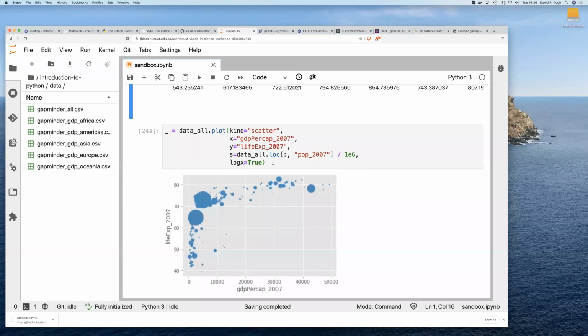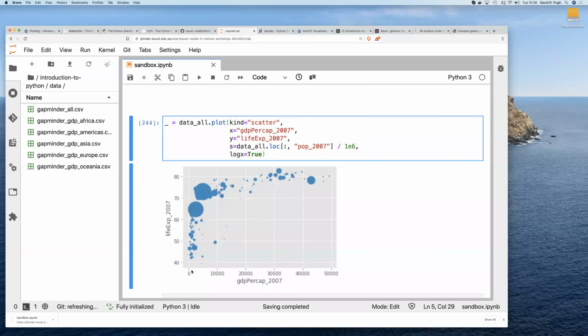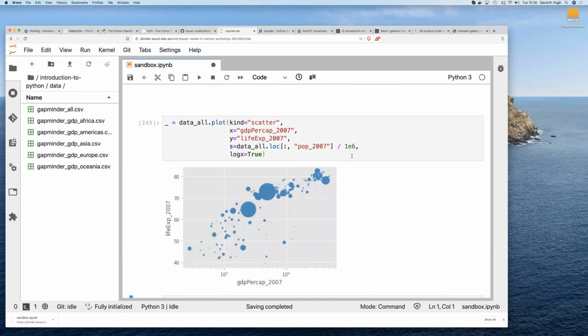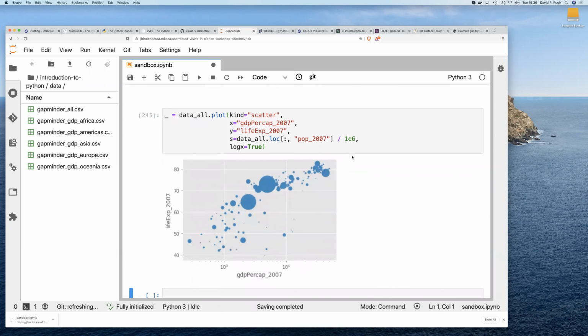So if you set log x equals true, that's going to rescale this logarithmically, which is going to have the effect of making this probably a little bit more linear, because you're going to spread out the points that are in this region relative to the points that are in this region. Yeah, so there we go. So that makes it quite a bit more